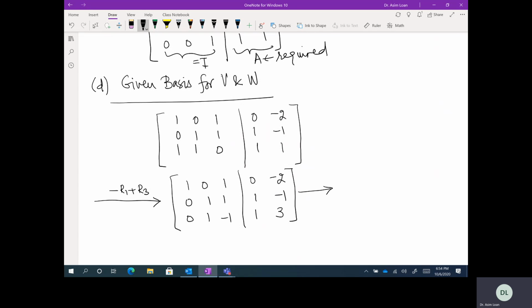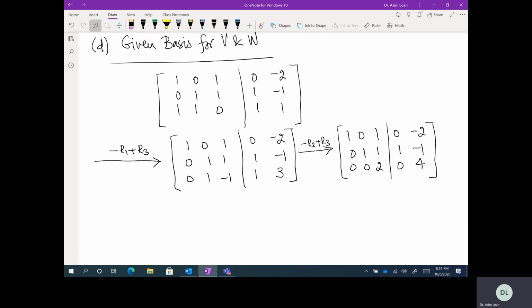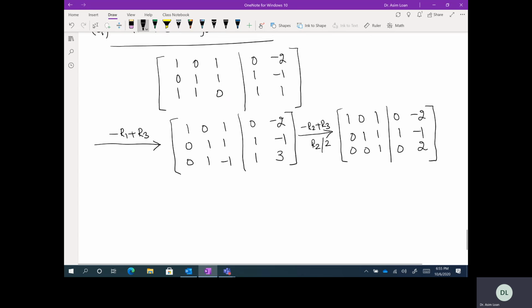Okay, and then I do minus R2 plus R3. If I do that, I'll get 1 0 1 0 minus 2, 0 1 1 1 minus 1 0, and minus R2 plus R3 gives 0, 2, 0, 4. Now if I do R2 divided by 2, I'll get 1 and 2 here. And then I want to get rid of